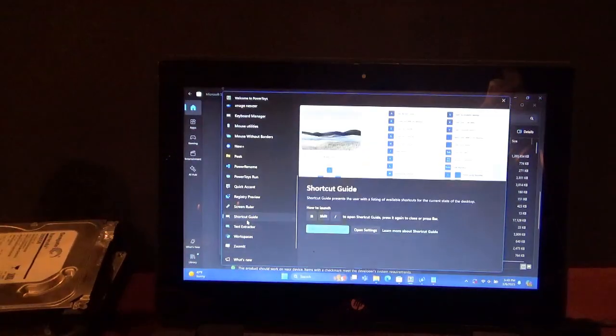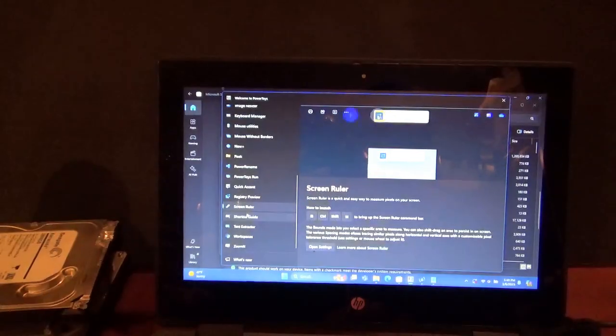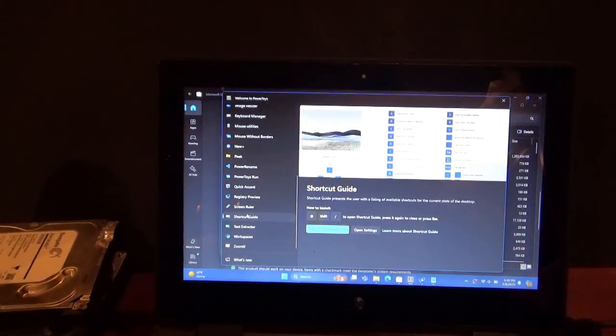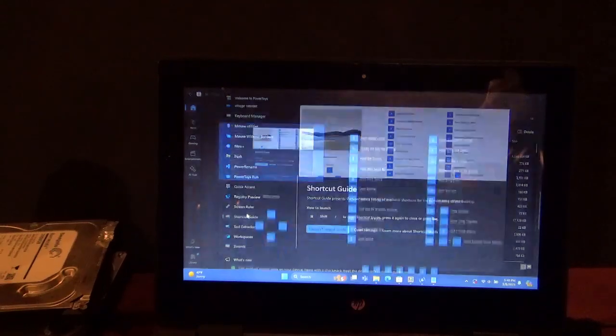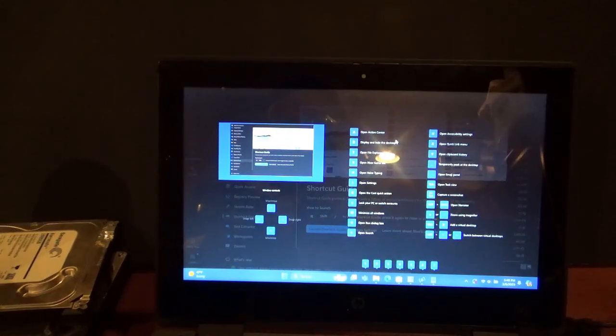Text extractor, shortcut guide. You see, the shortcut guide is really cool because there's a lot of shortcuts I don't know. So Windows Shift, yeah, so Windows A, the Action Center, Windows C, Windows S to search, Windows R, of course I know that, Windows M, which minimizes all windows, so basically like going down into the corner, Windows L to lock, Windows K, which I know, Windows I, that's useful, I could actually learn that, yeah, so File Explorer, Windows Z, actually, that's so much easier than clicking Windows R and then